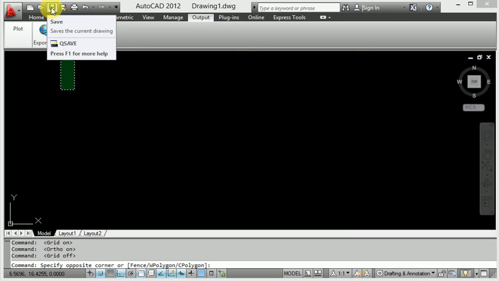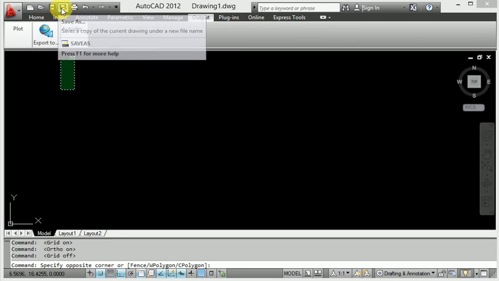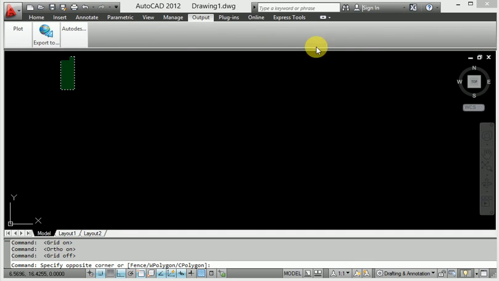And if you want to save our file, when the work has been done, then save this file, so go to save. So this is the introduction for AutoCAD in this session.